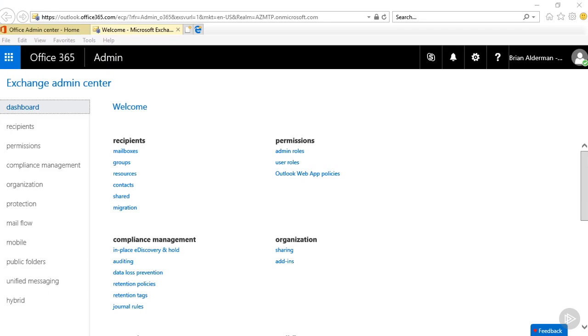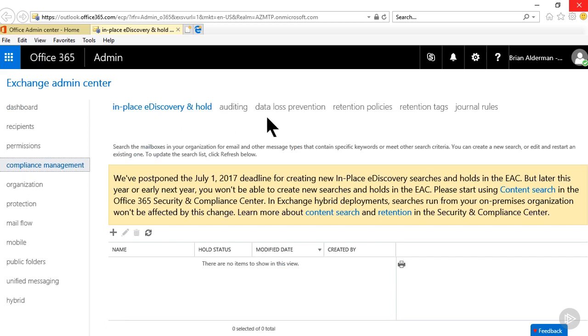So we are back in the Office 365 Exchange Admin Center, and notice on the left-hand side we have an option called Compliance Management. Also down in the middle here we have another area that matches that. We have the in-place eDiscovery and hold, auditing, and data loss prevention. So whether we access it from the middle of the page or from the left, when we come in here, we have these options here. And as you can see, they're going to be moving this from inside of the Exchange Admin Center to the Security and Compliance Center. But right now we have the in-place eDiscovery and hold, and we can go ahead and